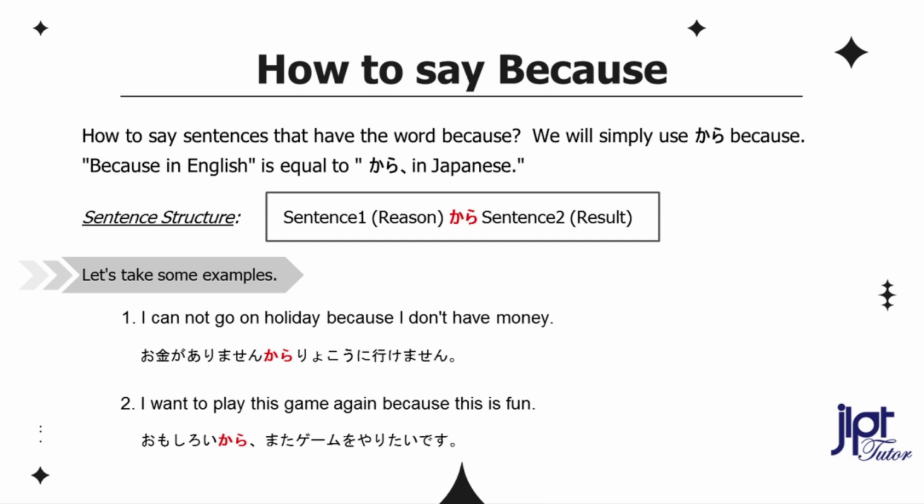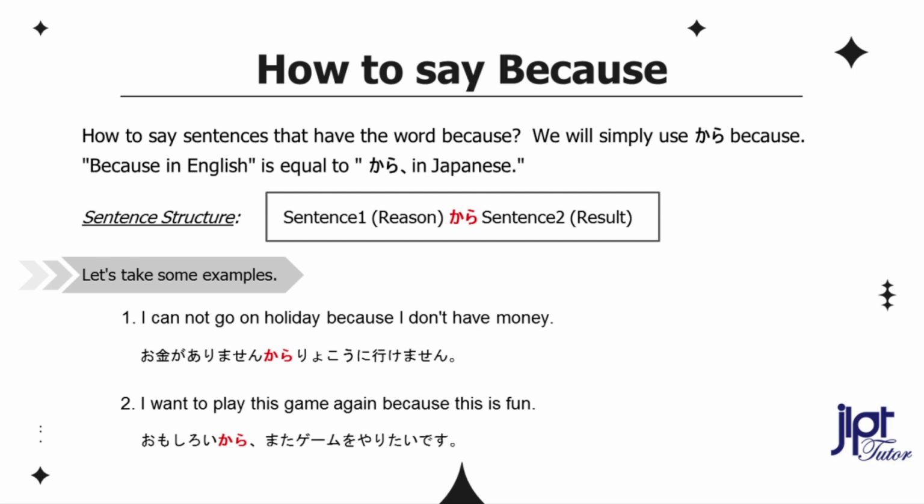I cannot go on holiday because I don't have money. お金がありませんから旅行に行けません。 I want to play this game again because this is fun. 面白いからまたゲームをやりたいです。